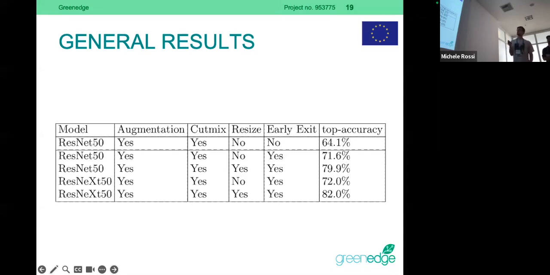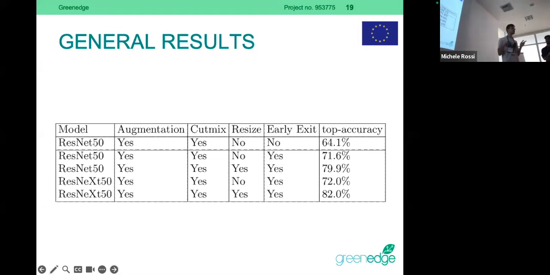So here we can see that the models are still ResNet 50 and ResNeXt 50 because they are the models that scored the highest results in this sense. You can see here that we used the augmentation, the CutMix, the resize, and also the early exit. For augmentation and CutMix, they just improve the accuracy because you are just adding data to your training set. Then, for what concerns resize, it also